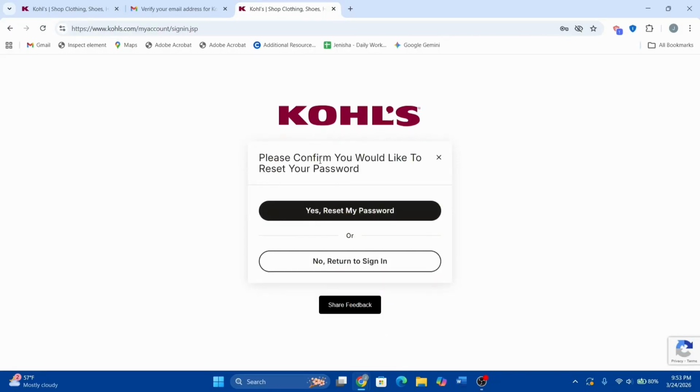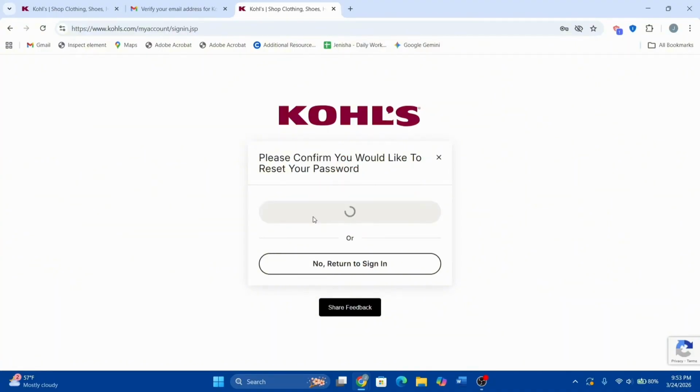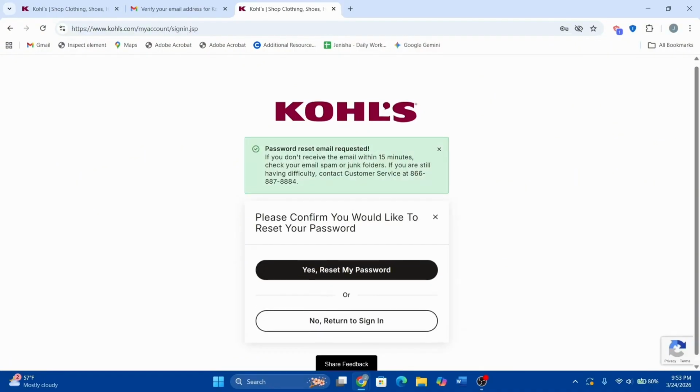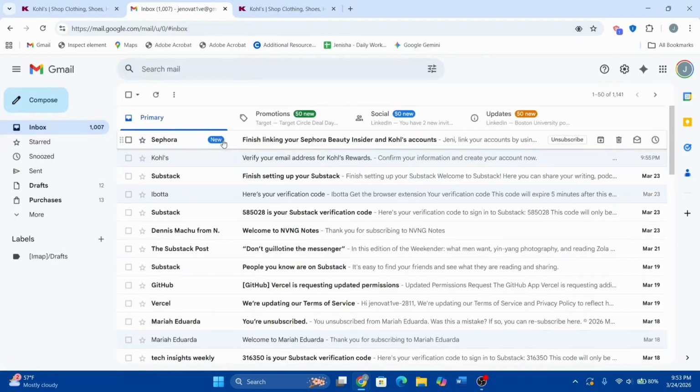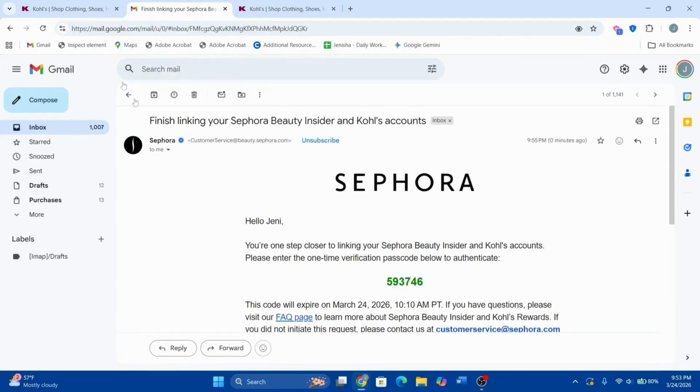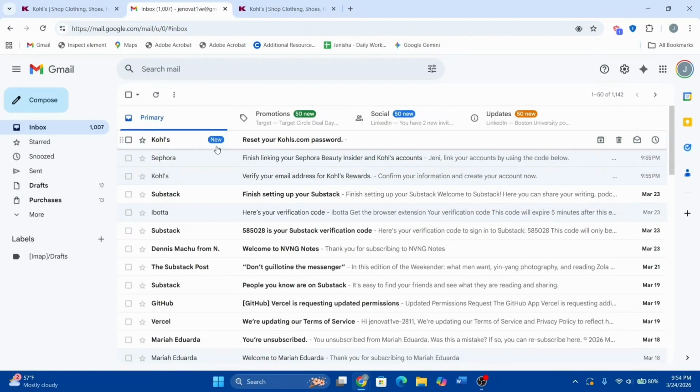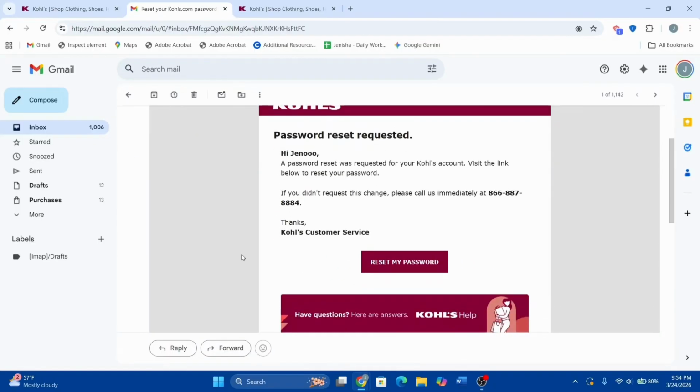After that, you can confirm that you would like to reset your password. Click on yes, reset my password, and Kohl's will send you a password reset link to your email. So you can just go over and look out for the link. This one right here. After that, you just need to go and click on this option called reset my password and confirm it,